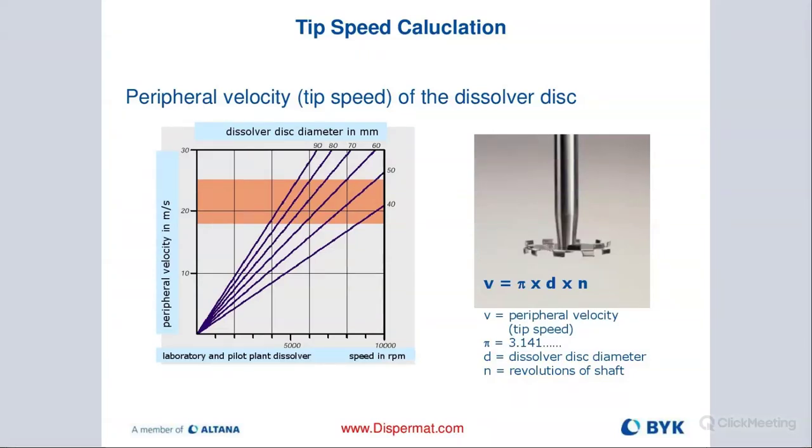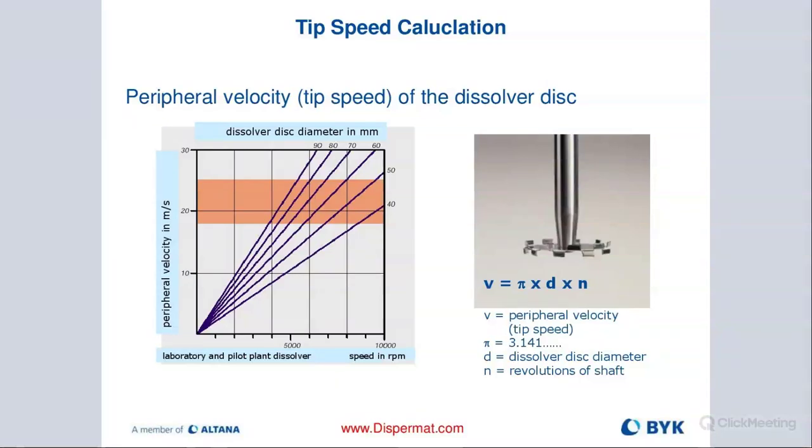So all we want to do is take the speed of our rotor, the RPMs. We multiply that by 3.14 and then multiply that by the diameter of our blade. But because we are expressing that in meters per second, we need to also express the blade in meters. So let's say you're using a 50 millimeter blade, then you would express it with